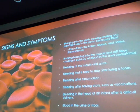Okay, so signs and symptoms. They're going to bleed into the joints, causing swelling and pain or tightness. So they'll have decreased range of motion, which often affects the knees, elbows, and ankles. They'll have bruising or bleeding into the muscle and soft tissue, causing a buildup of blood in the area, also